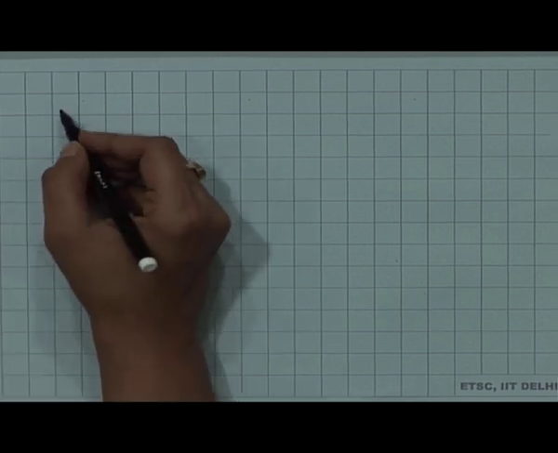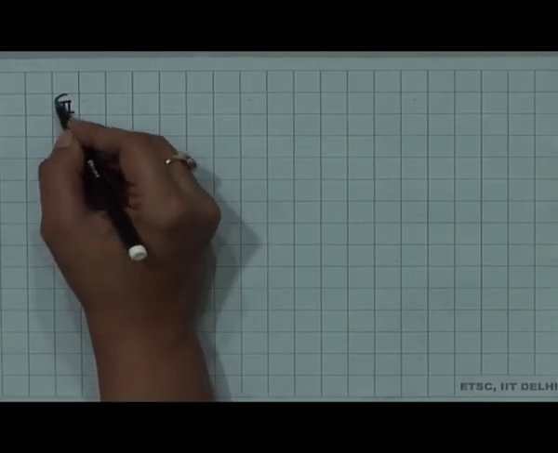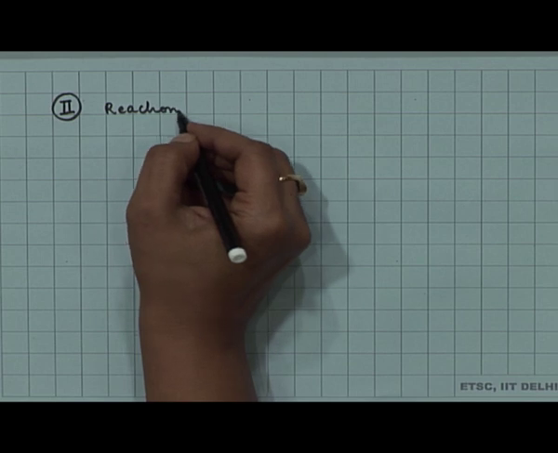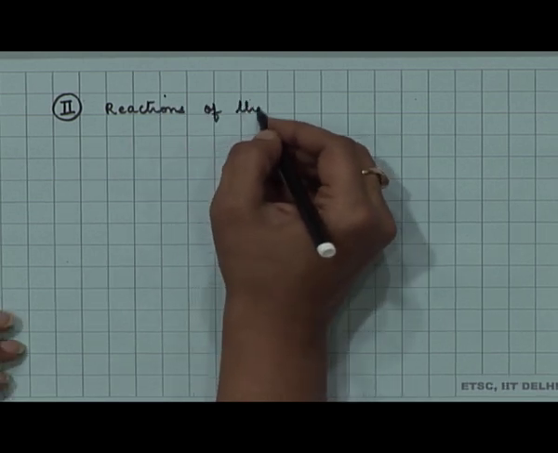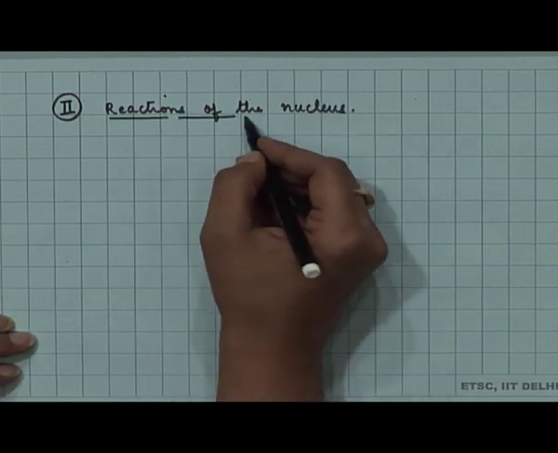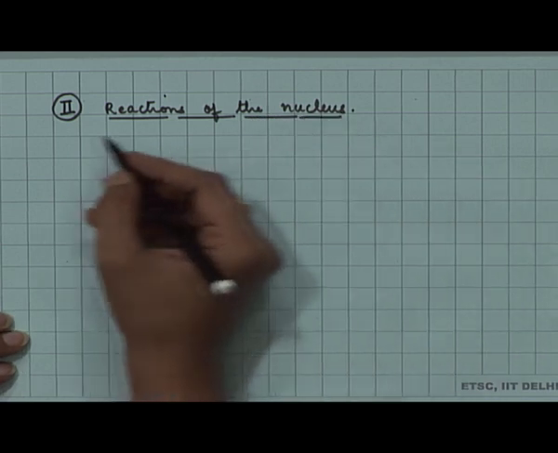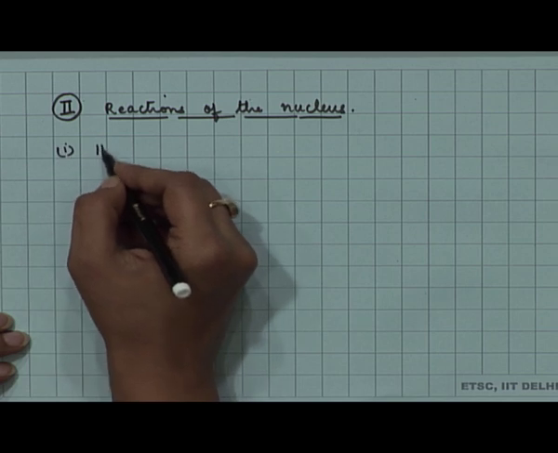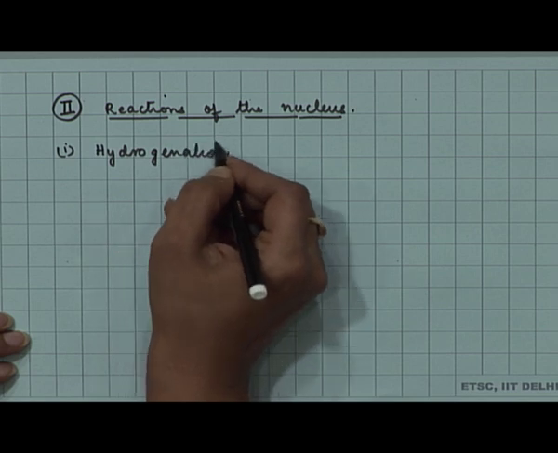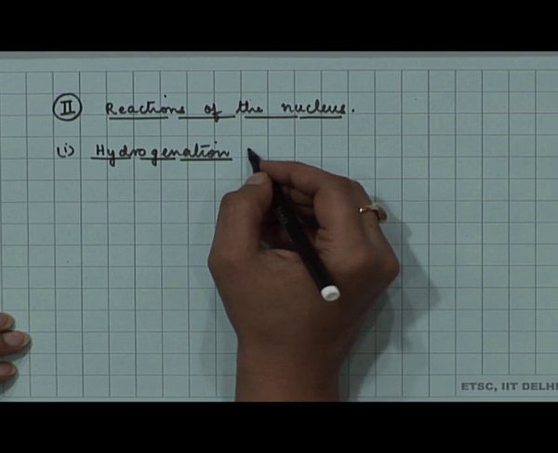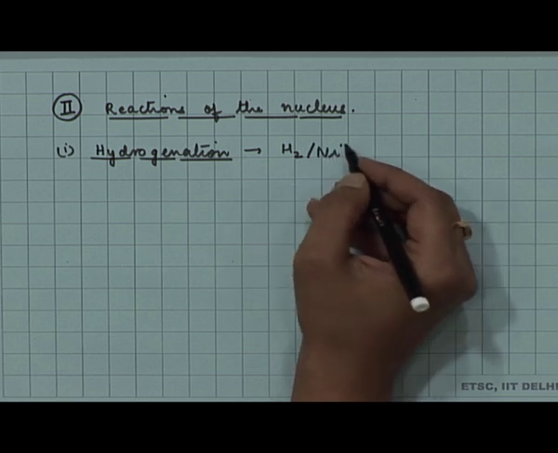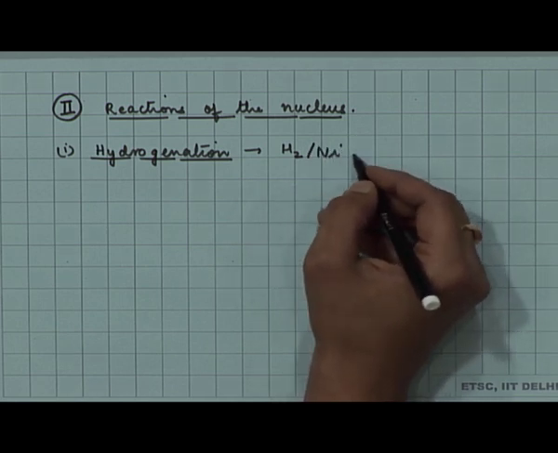Now, we move on to the second aspect of the phenol reactions, that is the reactions of the nucleus. What happens from the nucleus perspective? So, in this the first example I am taking is the hydrogenation reaction. Hydrogenation is where you are reacting the phenol with hydrogen in the presence of a catalyst, a nickel catalyst in this case, and you heat it,